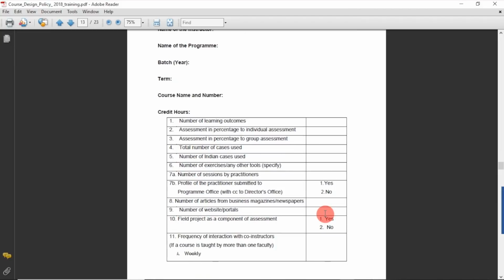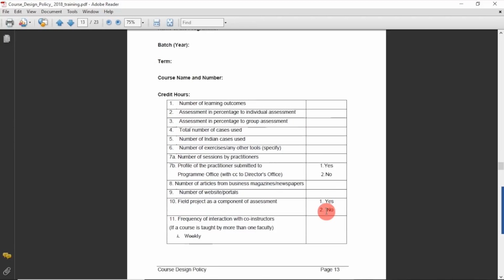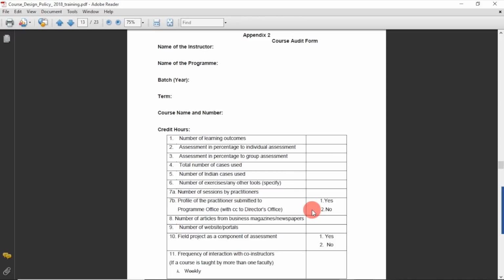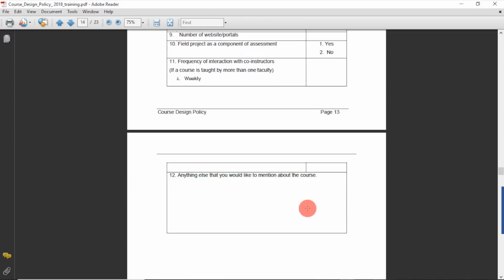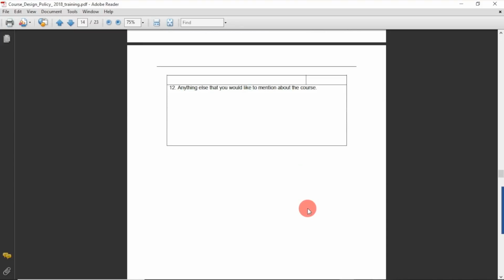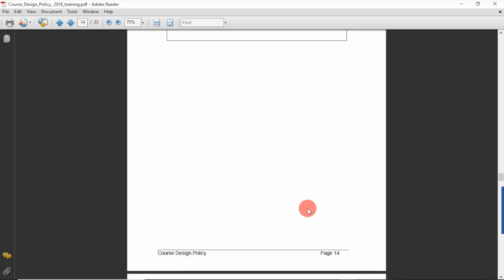Now this is an audit form which has to be submitted at the end to the program office of your institution, or you must keep it to yourself to understand what exactly you have been able to do in your course. Now, why these types of formats are important? These are very important as far as NBA accreditation is concerned, because the experts would like to come and see how you are trying to deliver the courses, and whether there is an evidence of what you are talking of as far as learning outcomes are concerned.